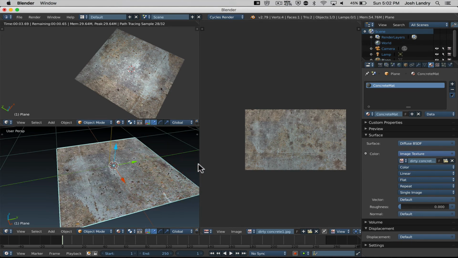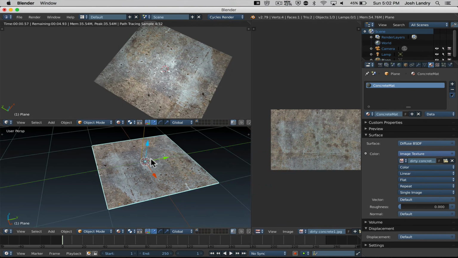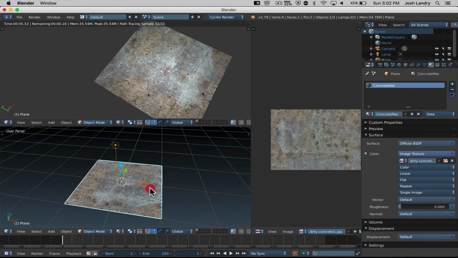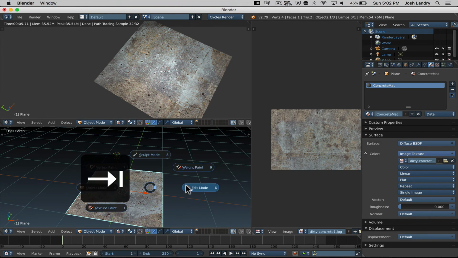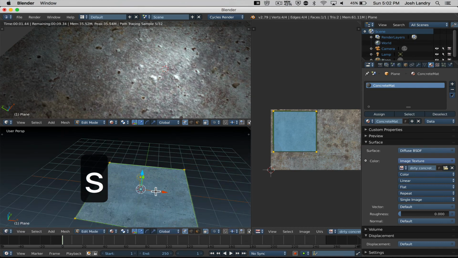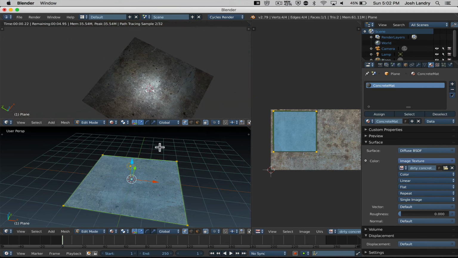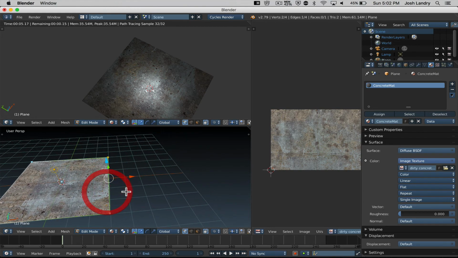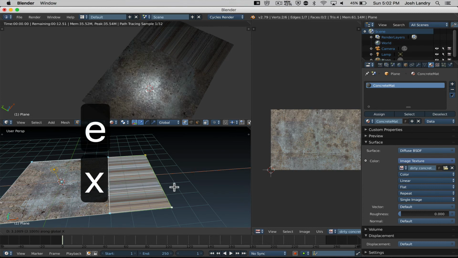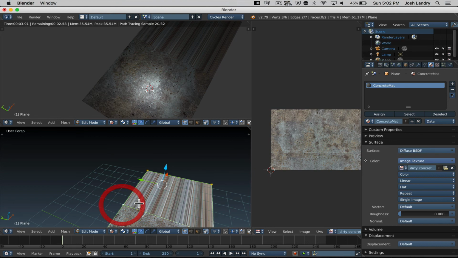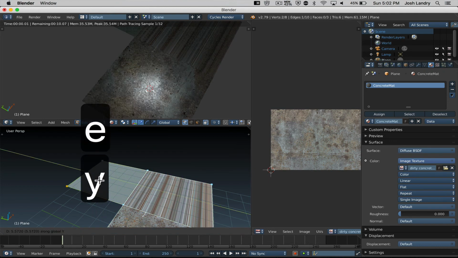The very last comment I'll add here is that generally you want to avoid any more modeling here. If you decide, oh gosh, I want to model this. So for instance, if I go back into edit mode, now if I scale up this plane, it's not really going to be a big deal. It's still a square. But if I go ahead and I want to get a little bit more fancy, and I decide to extrude this on the x-axis, and then I decide to take these two verts and extrude these on the y-axis,